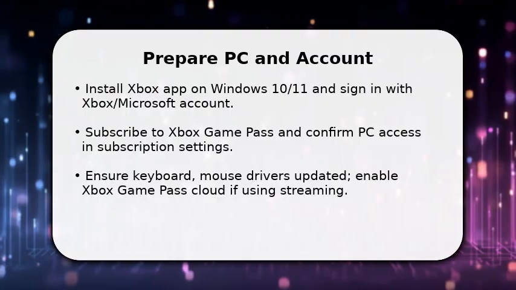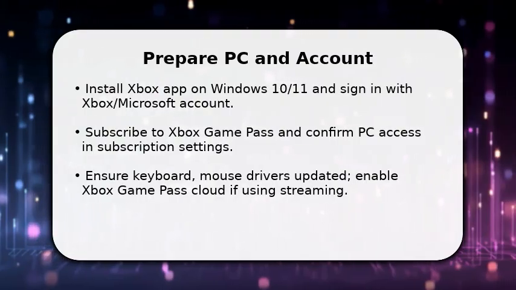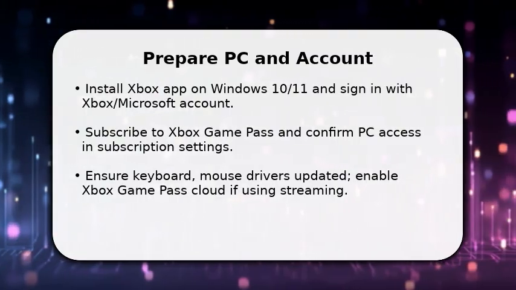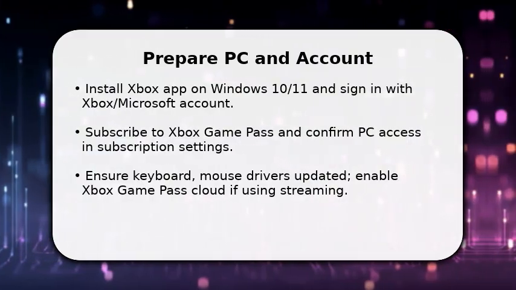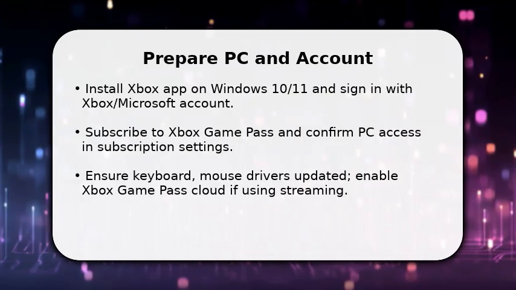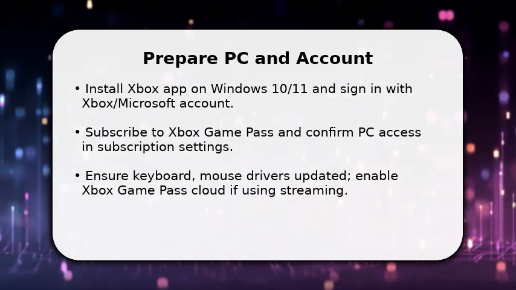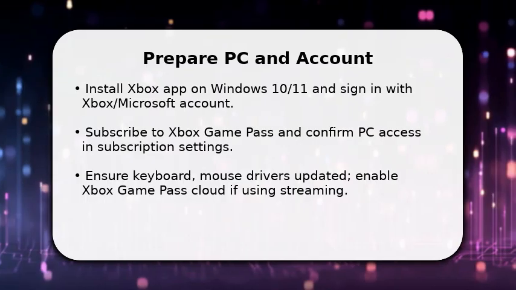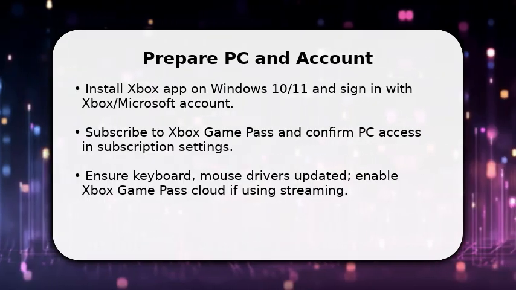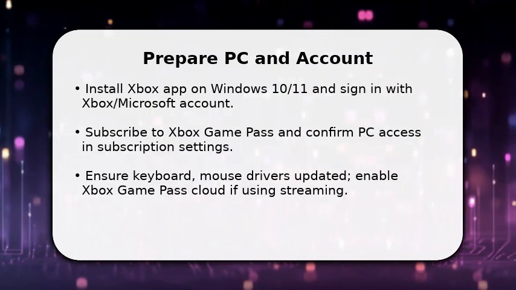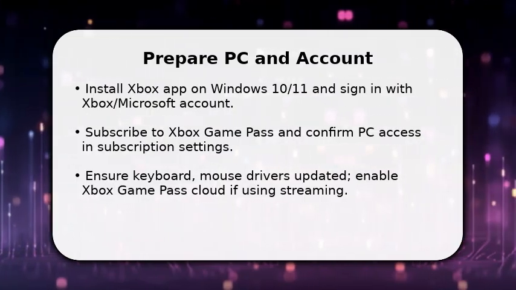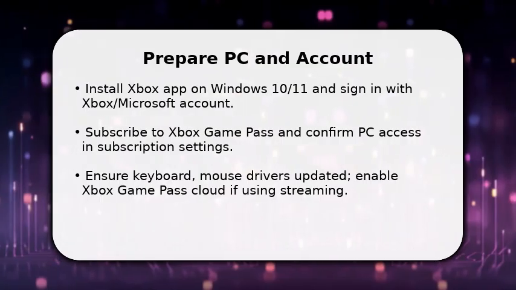You start by getting the essentials ready. Open the Microsoft Store and install the Xbox app, then sign in with your Xbox/Microsoft account so the Game Pass library appears. Once done, verify your Game Pass subscription includes PC access and enable cloud streaming if you plan to stream. Make sure your keyboard and mouse are connected, drivers updated, and Windows has the latest updates to avoid input